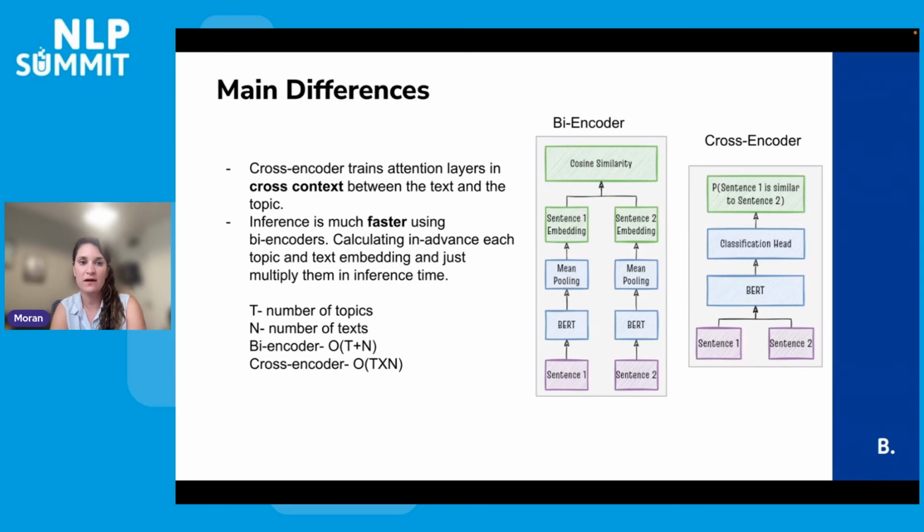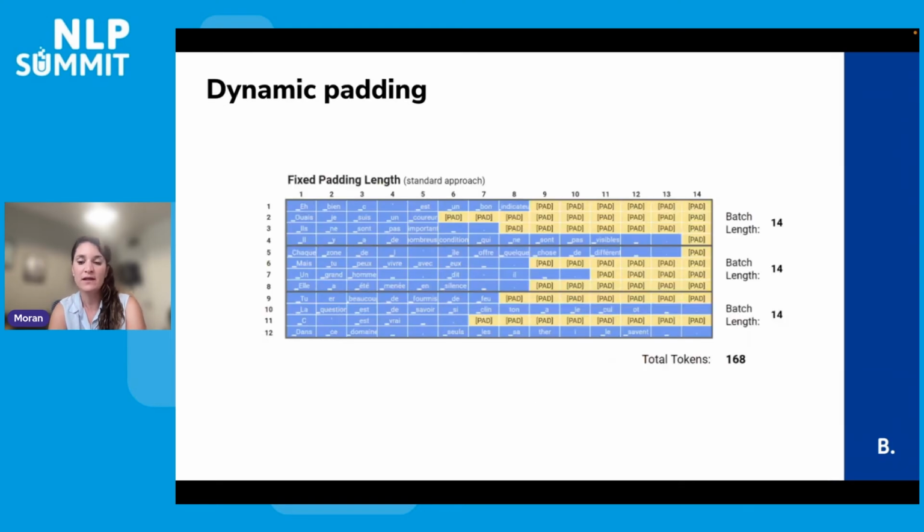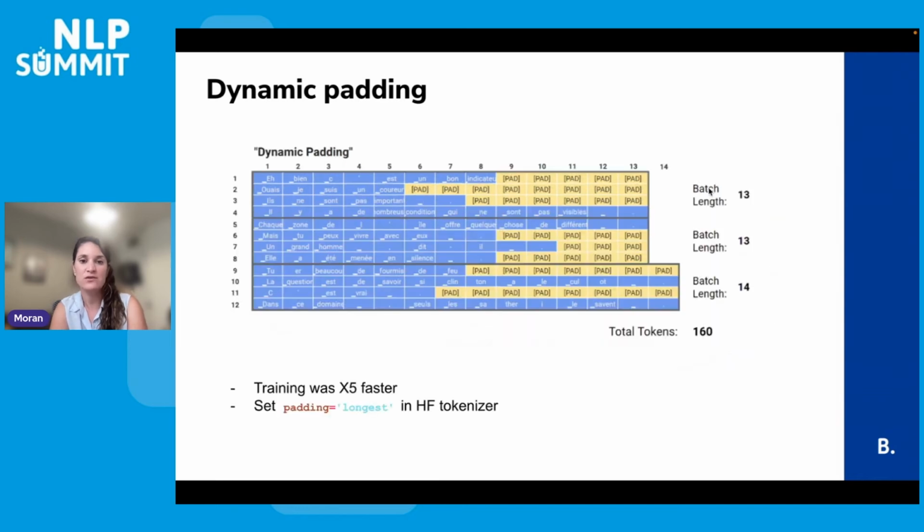So this is the main difference. And I wanted to discuss another interesting thing that you can use during training and inference, and it's dynamic padding. So basically, the standard approach when you do the training on sentences is to take the data set and have a max length over the different sentences, and then use this max length for tokenization. But actually, we can do dynamic padding. What is dynamic padding? During the training, for each batch, we can calculate the max length.